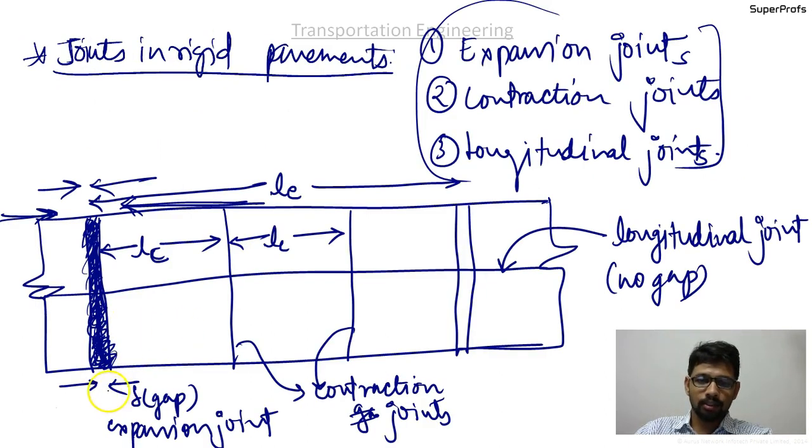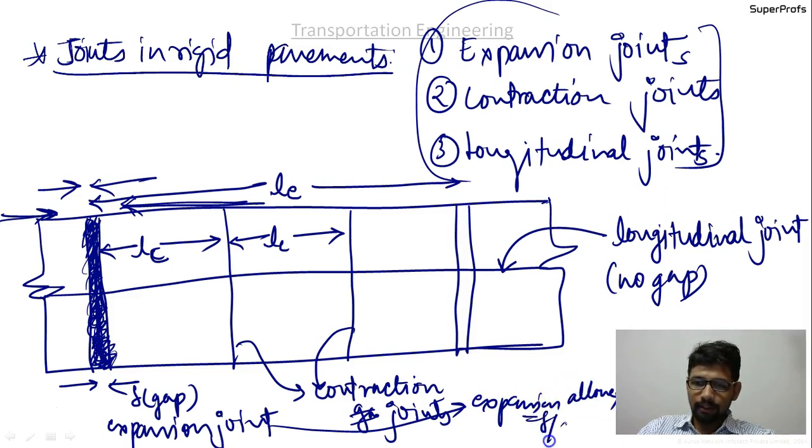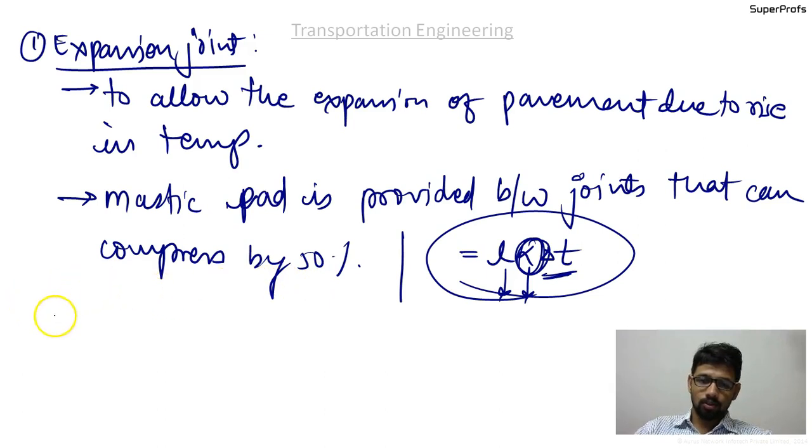Suppose this gap is delta, then the expansion allowed will be delta by 2, since our pad is going to compress by 50% of the gap only. So delta by 2 is the allowed expansion, equal to L into alpha into T,